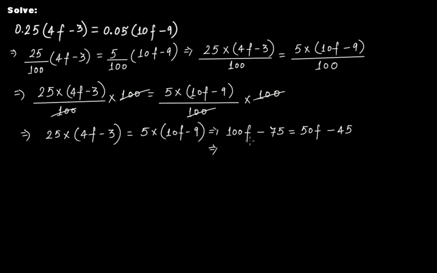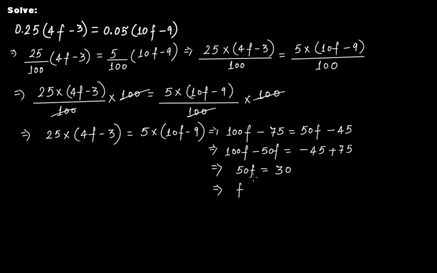So if you transpose 50f to the left hand side, this becomes 100f minus 50f. This is equal to, now at the same time, if you transpose minus 75 to the right hand side, this becomes minus 45 plus 75. This gives you 50f is equal to 30,